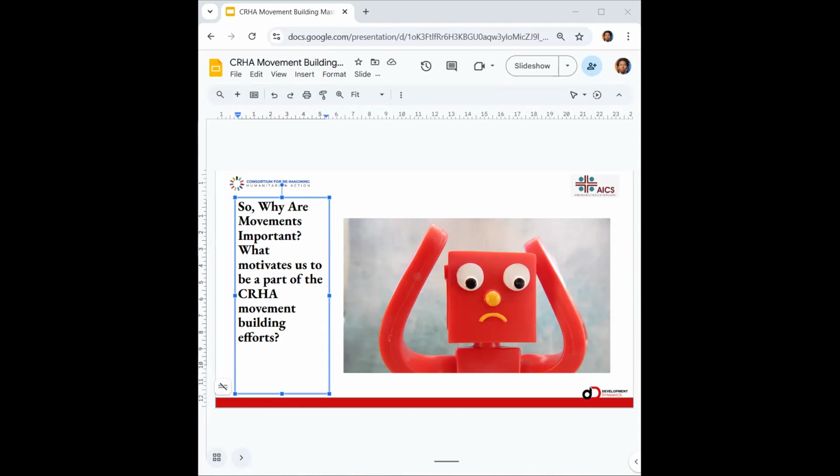Then we have Grace Mboro, who says that movement is important because unity is strength, therefore more is accomplished. My motivation is that individually, one may be limited in knowledge, therefore cannot do everything. I love that. And so even as we were saying, when we work in collaboration and when we work